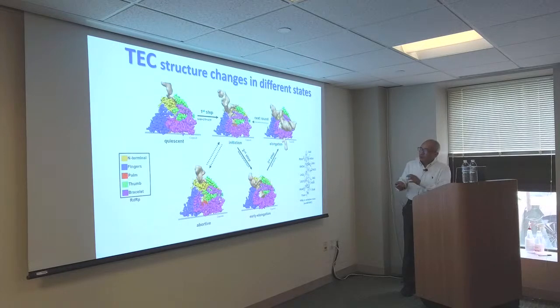These are the different kinds of structures we are able to capture by this process. We can classify them into 5 categories. One is quiescent, where nothing is going on yet. Then there's initiation, when you add SAM that triggers the action, so you start, but there's nothing to continue because there's no substrate. Then there's the elongation step, where the NTPs are provided. Then there's a state characterized as abortive, where things are not going well. And then early elongation, if you only add limited nucleotides, for example only 3 kinds.